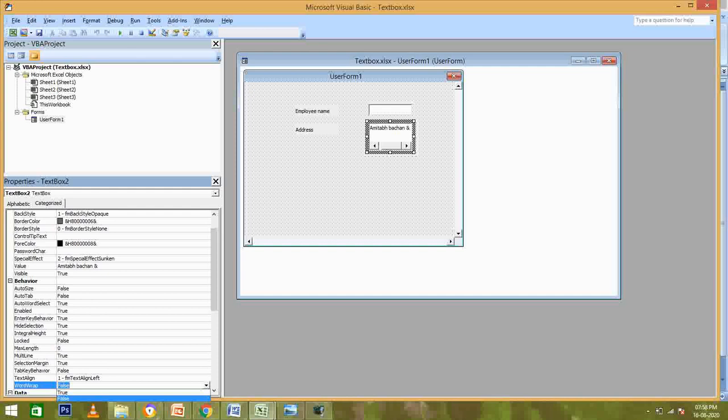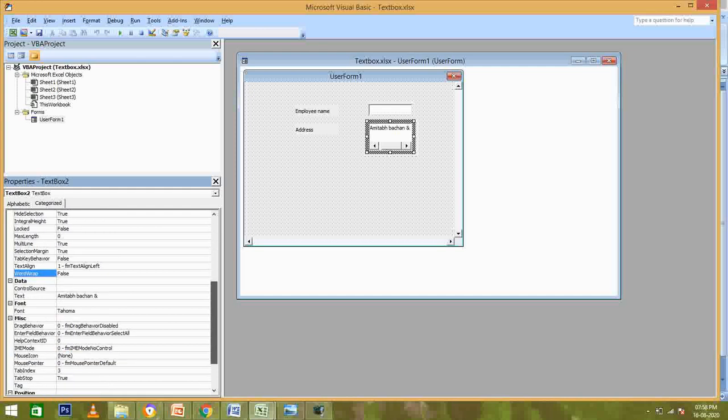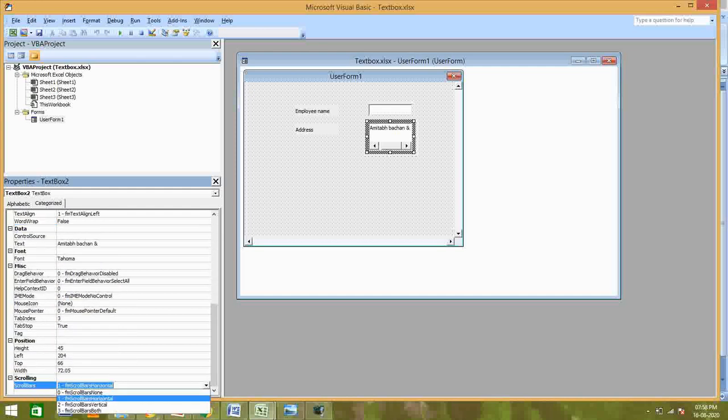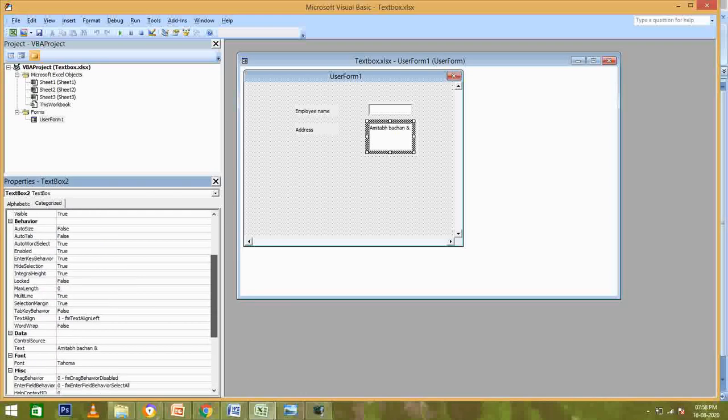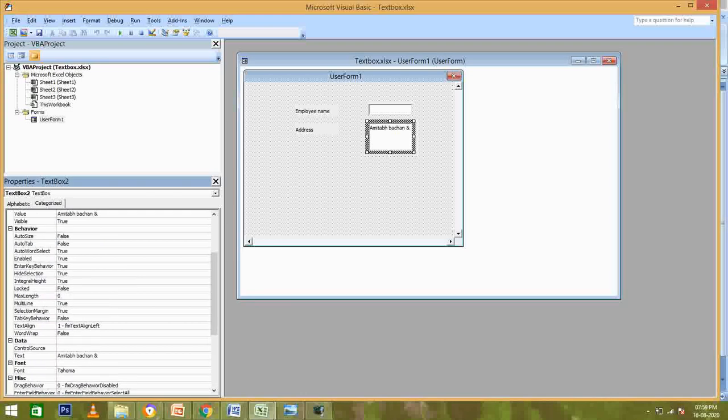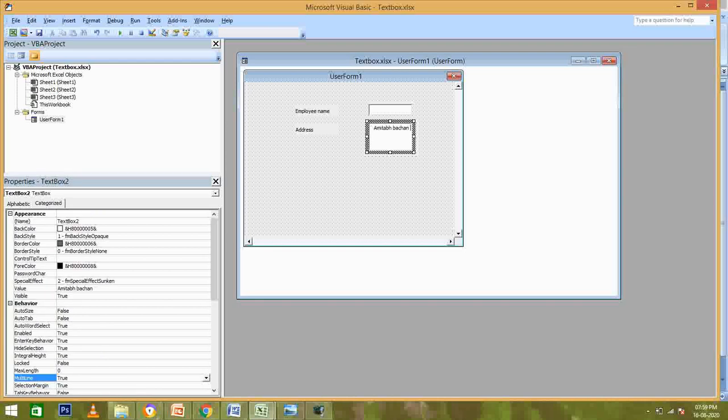The same goes for the vertical scroll bar. Let's choose vertical scroll bar for this. For this, the multi-line property should be set to true, because we are going to write in multiple lines, so that when I press enter, the focus moves to the next line.